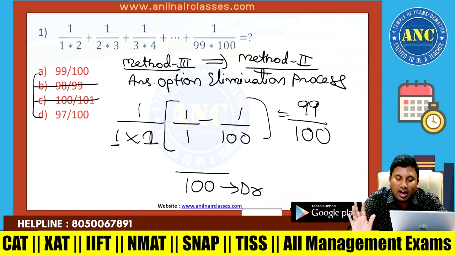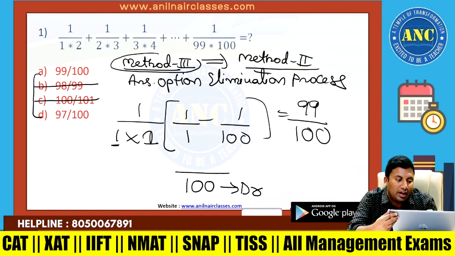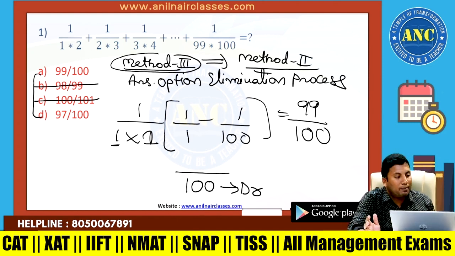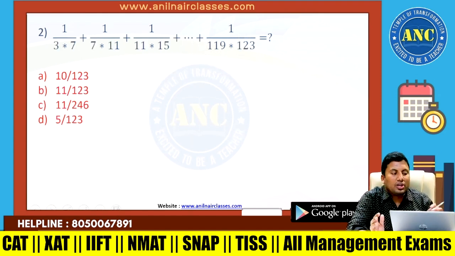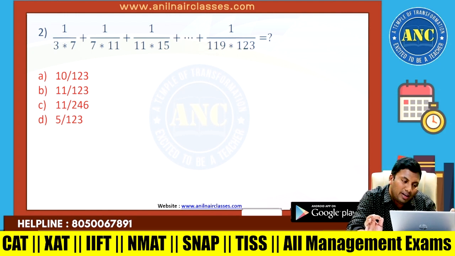That will be the answer. I hope method 3 is also clear to you. Method 3 is derived from method 2. Now, second question. See, 1 by 3 into 7, 1 by 7 into 11, 1 by 11 into 15